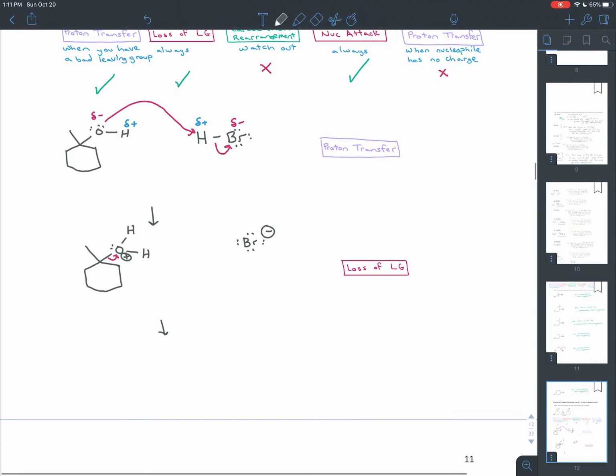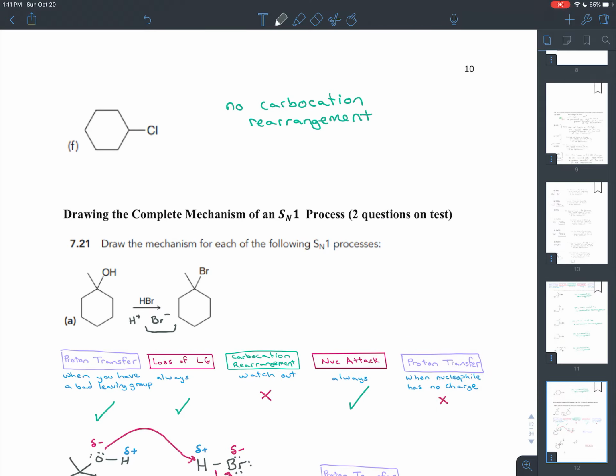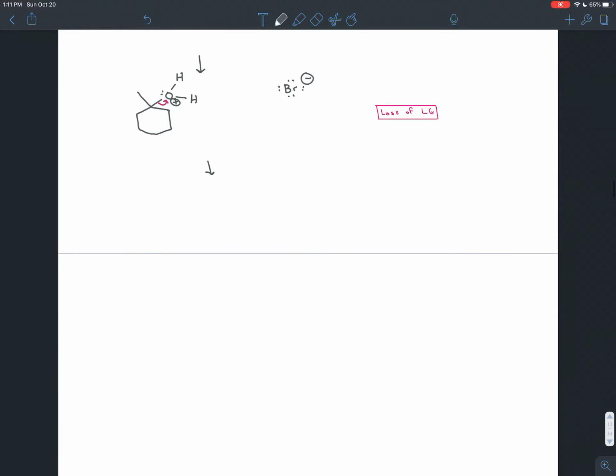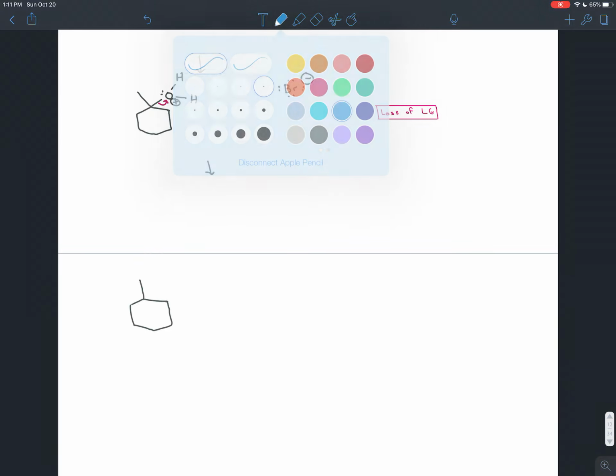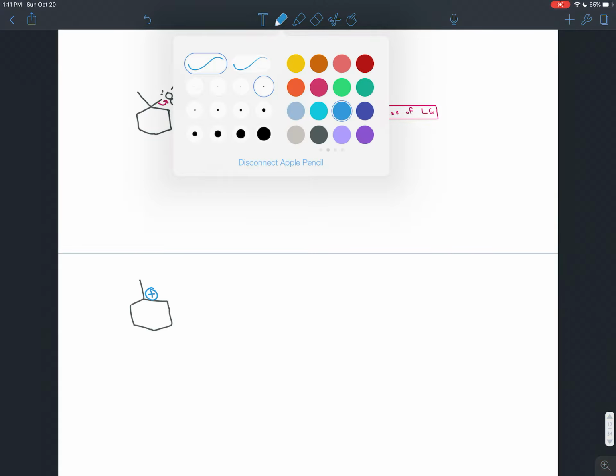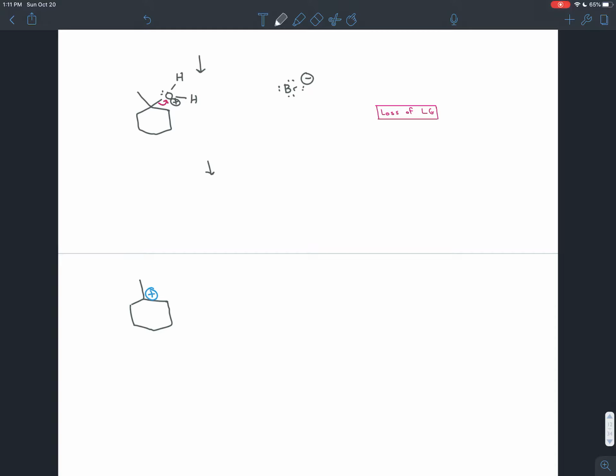And in that case, after that step, we end up with a carbocation. So we just have the methyl group. Where the leaving group left, we have a positive charge. And we do also have that water there